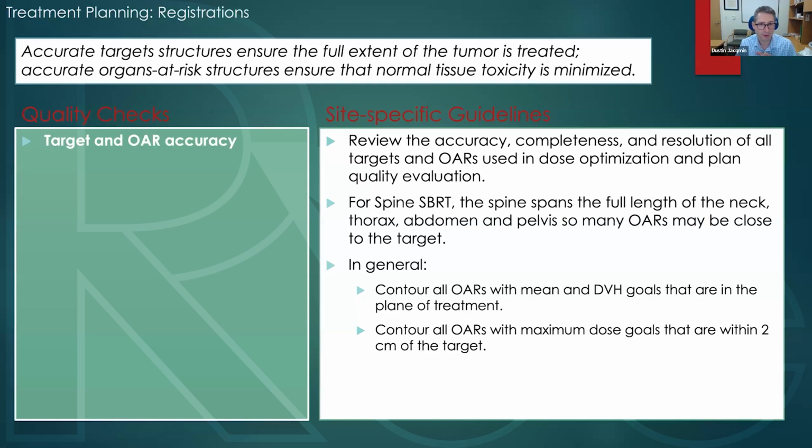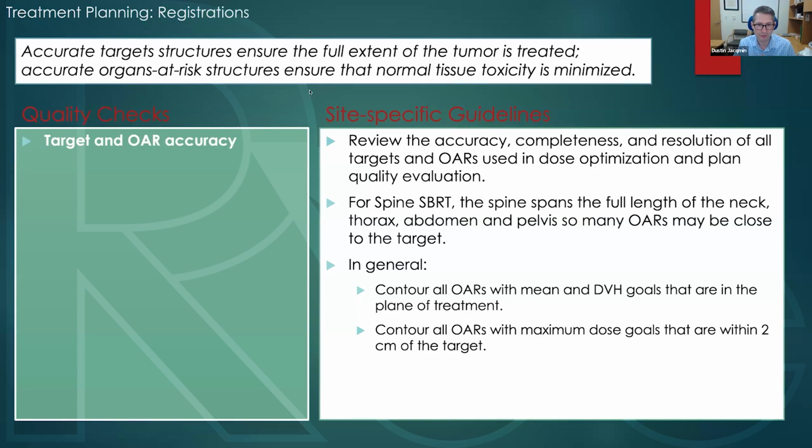Let's talk about target and organ at risk accuracy. The general principles of making sure that the targets and organs at risk are accurate apply in general. The most important thing is that spine SBRT spans the entire length of the patient. You could be as low as the sacrum and as high as the upper C-spine. And so the types of organs at risk in play will vary a lot depending on the location that you're